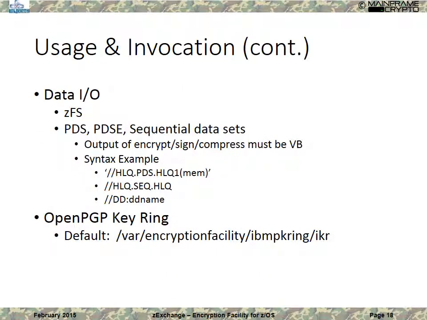The encryption facility OpenPGP support can get data out of a zFS, or it can use the typical z/OS data sets: PDSs, PDSEs, sequential data sets. You just point to those in the JCL or in the input to the Java control statements that you provide. Now, the OpenPGP support will look for an OpenPGP keyring. That's where the certificates are going to be stored. So you have to create that key store within your OMBS environment, and point to that as part of your configuration for the OpenPGP environment. On slide